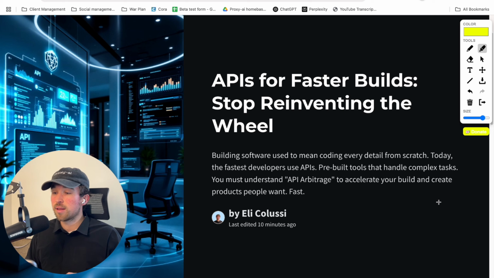I'm going to show you how you can leverage APIs, which is probably the most important concept you need to understand. Even if you aren't technical and you're going to hire a developer, you need to know which APIs to pick for your SaaS application or for your no-code make.com or N8N build. Or if you're somebody who actually is building this thing out themselves, you need to know about API arbitrage and how you can leverage this technology to build your app like 50 to 60 times faster and get way better results for your clients or for your future customers.